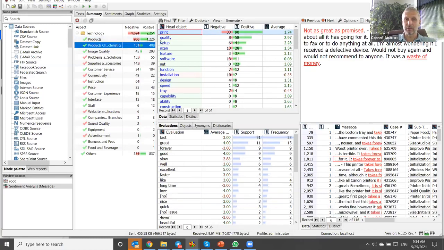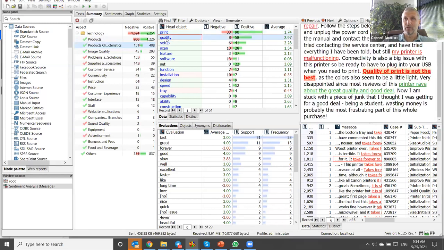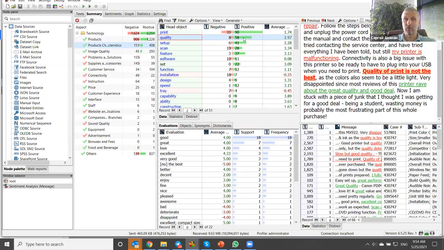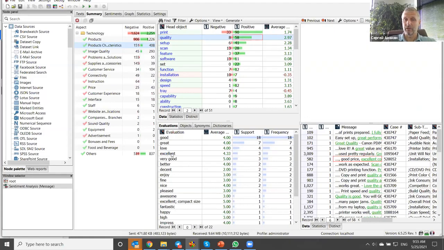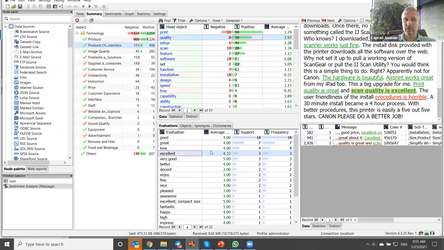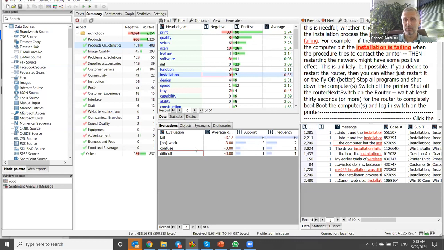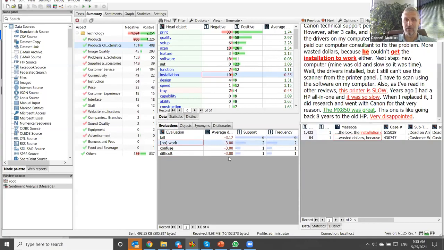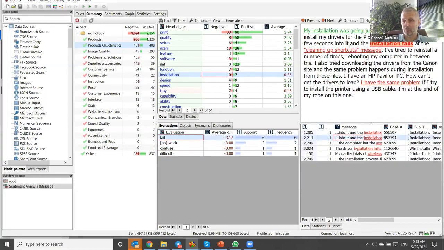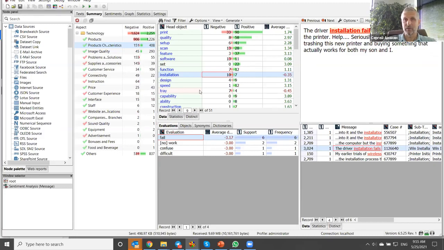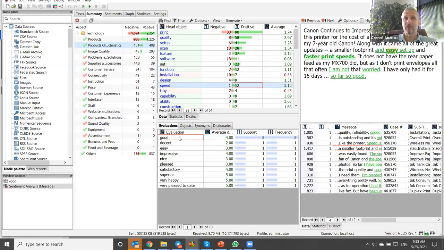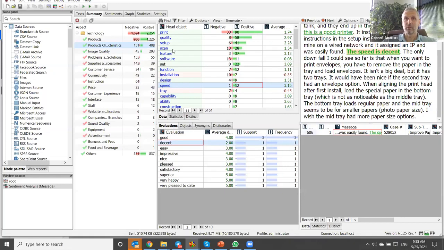If we look at product characteristics, you see it is about print, about quality. Again, there are unhappy people, but there are also plenty of happy people, with this excellent quality and so on. They might be unhappy about the installation. So you quickly see what people say: the installation, it cannot work, for example. We do negation detection here as well, or it just fails. There are quite a few people for whom the installation fails. Or there might be something about the speed. In this case, the speed is great. So the speed is decent and good and so on.